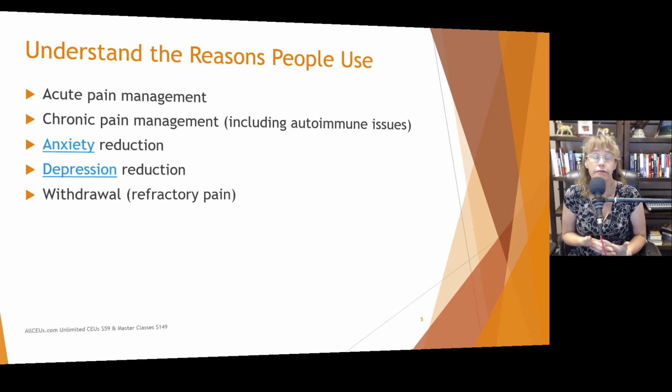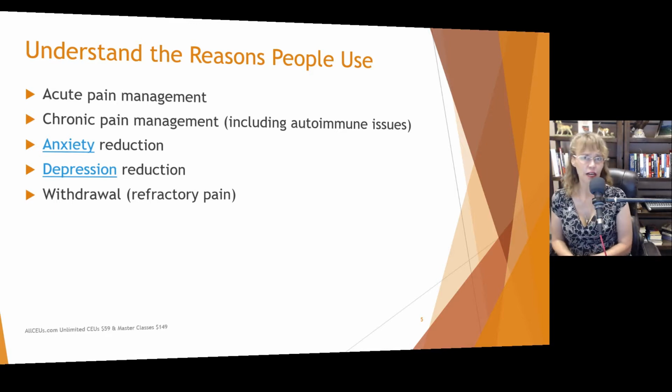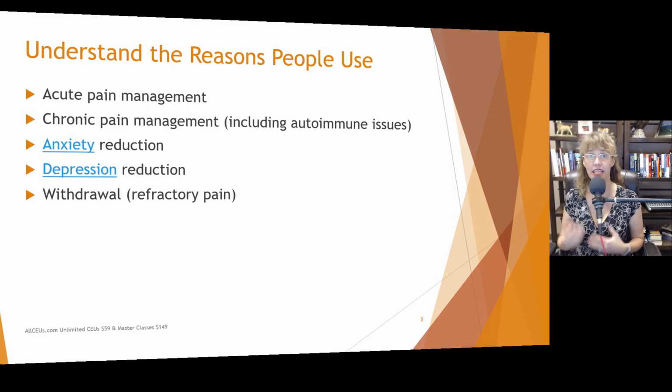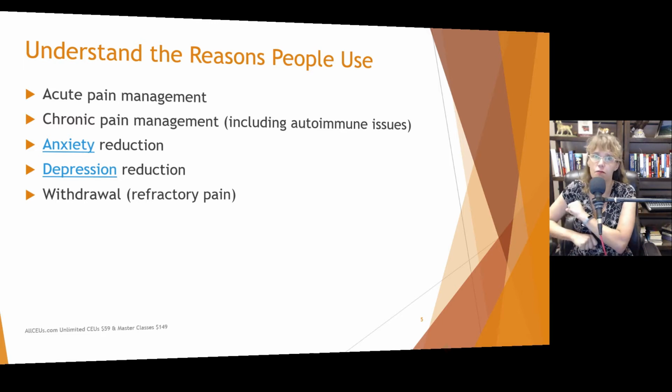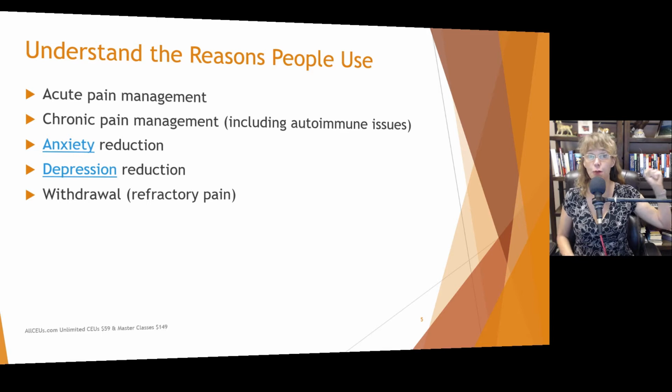And withdrawal. Let's face it, people unfortunately can develop tolerance to opioids really quickly. And within a matter of days, they've seen that the body starts to develop a tolerance. That doesn't mean that they are irreparably addicted, but the body does quit or slow down its production of endogenous opioids very quickly when you're taking external, injectable or oral opioids.